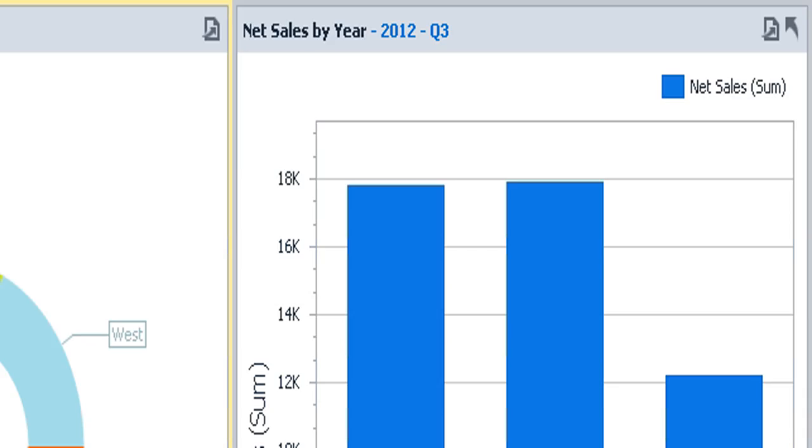Now I will design a card by using sales and sales target in actual and target sections respectively. I will drag the product category in series section. This will show me my sales performance of each category compared to the sales target. Since it is showing a red in stationery category, I need further information on the category.